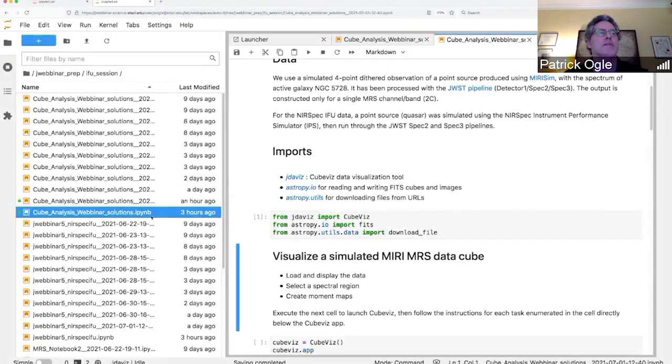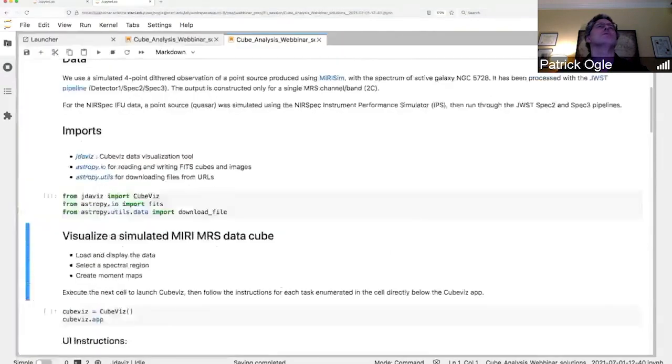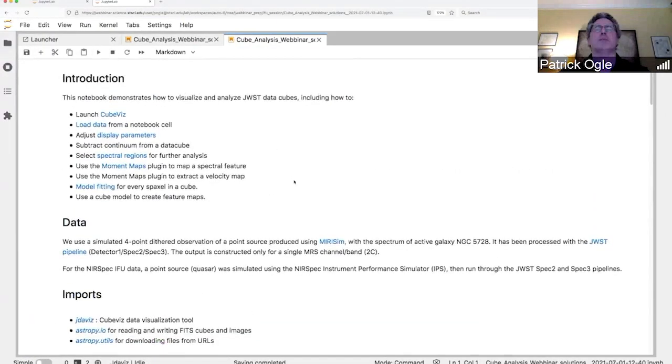On the left, we've got the list of notebooks, and the one that you'll want to look at to follow along is the one called Cube Analysis Webinar Solutions. There's that to give us some more room. All right, so as I mentioned, we'll be taking a small part of the simulation,